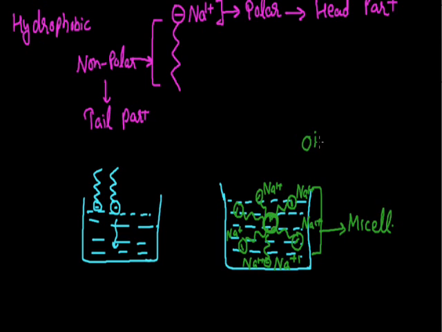If I talk about the composition of this oil and grease, these oil and grease particles also contain long chains of carbon atoms, and that is why this group is also non-polar in nature. So being non-polar, it will be attracted towards the non-polar hydrophobic chain of this soap molecule, and since this cavity is surrounded by non-polar hydrophobic chain part, here this oil and grease particle will be captured in the cavity